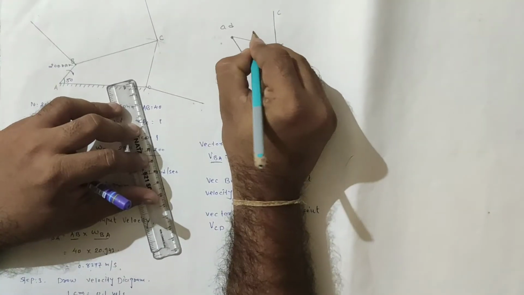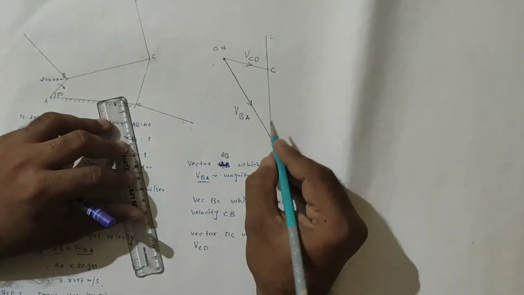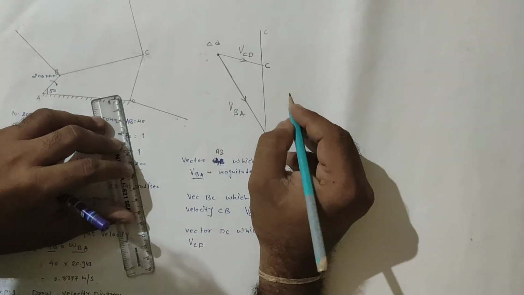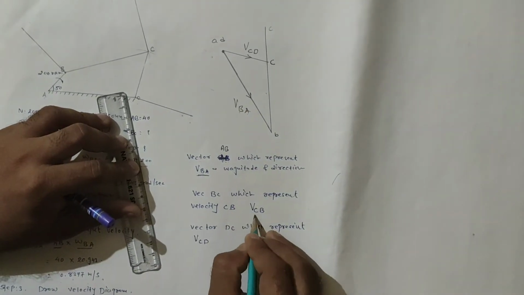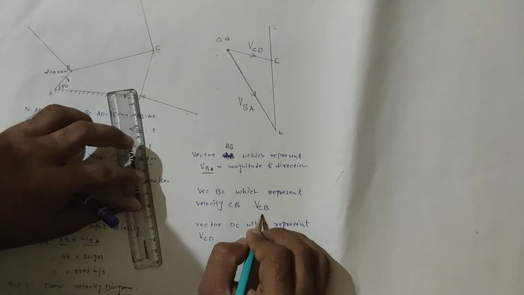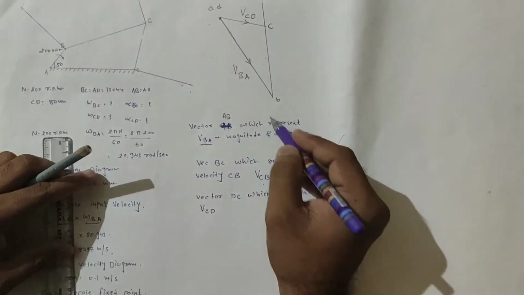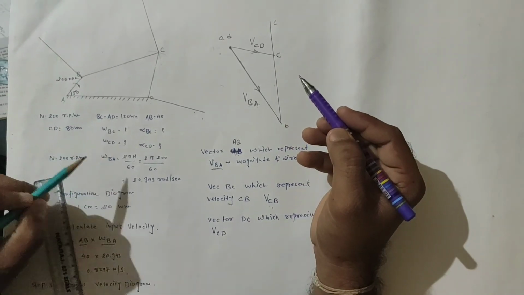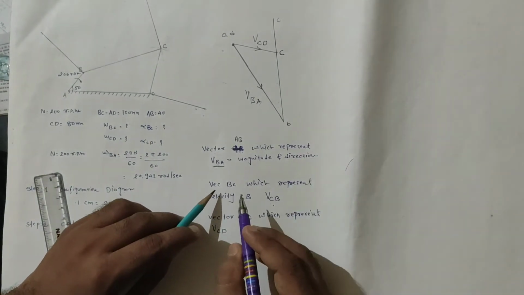So what is this? This is the velocity of CD. Now we have to find out over here B to C, the velocity of BC. Sorry, this is the velocity of BC. So here, as per the data, what we have to find out? We have to find out the omega BC and acceleration BC. So there is some mistake.